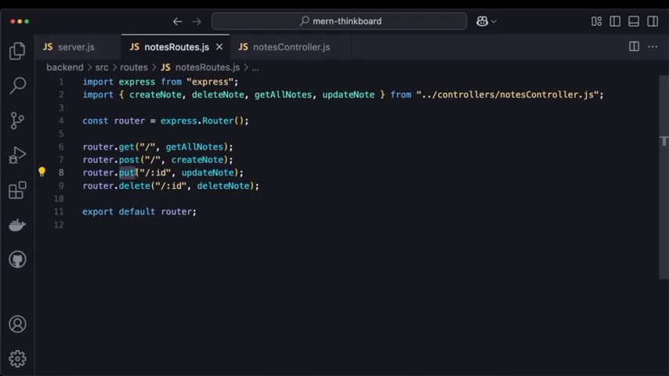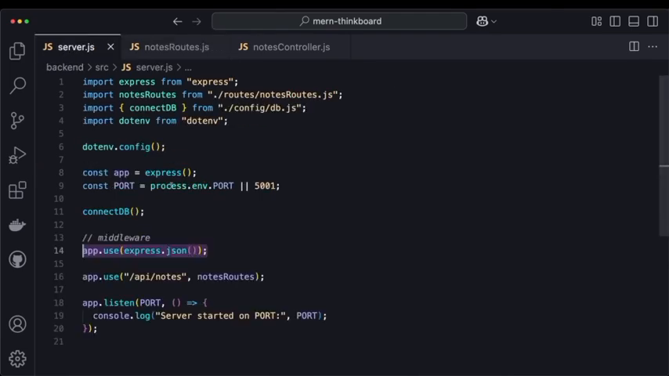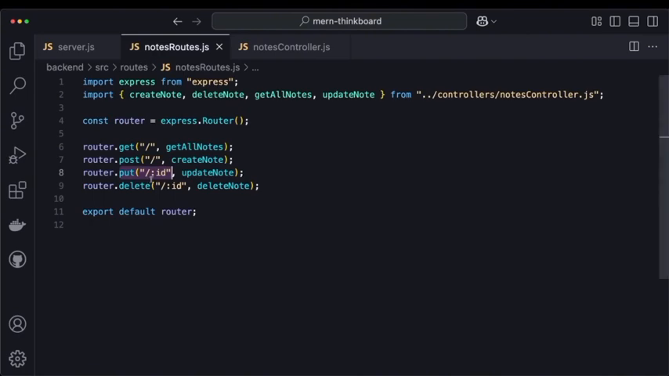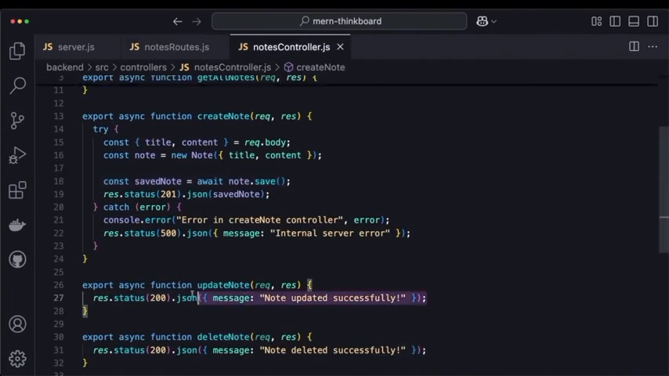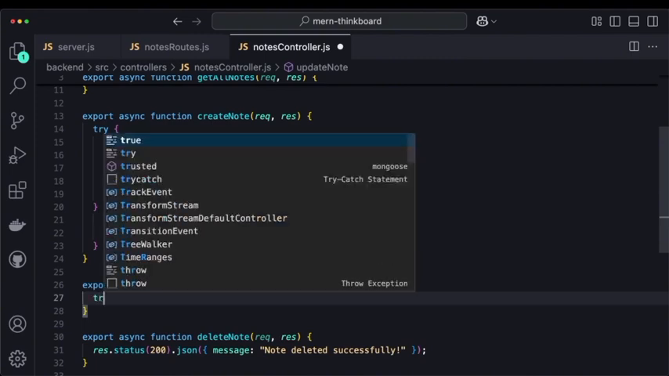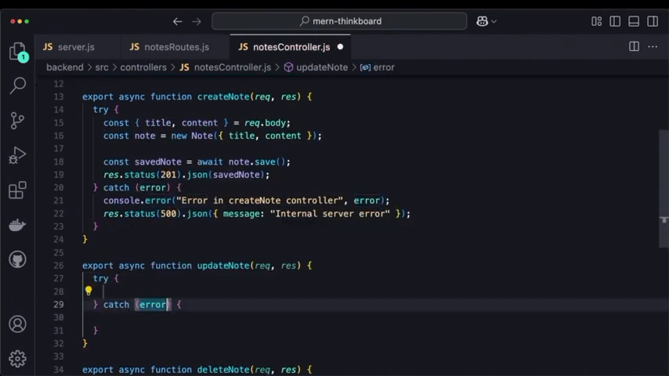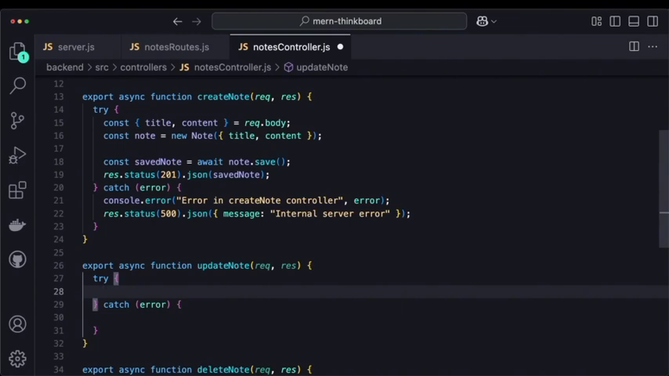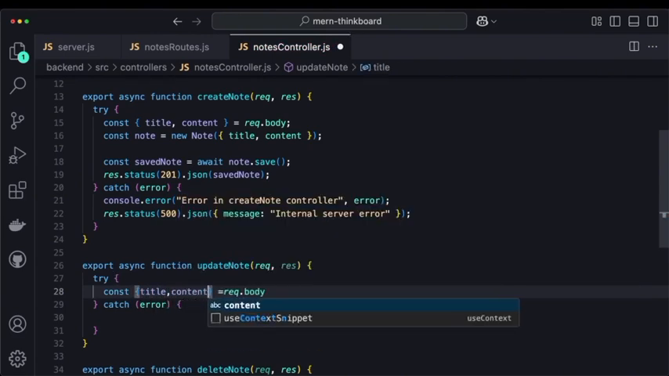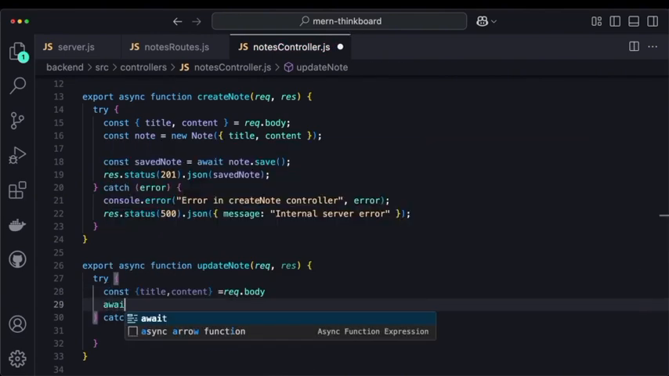Here we can see we are expecting a put request to this, like API nodes / whatever the ID is. And then we will run this method. So let's try to build it. I'll say try and catch block, where we'd like to get the title as well as the content from the request.body. So I'll say request.body. This will give us some data, which is going to be title as well as the content. And then we'll say await, let's say